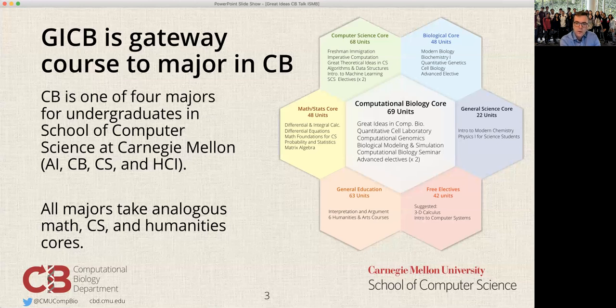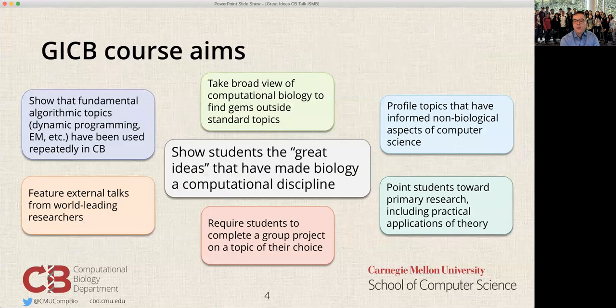So our students, after they take our course, only differ from other majors in the sense of taking additional biological coursework and taking a core of Comp Bio coursework as a replacement for, say, advanced electives in a specific domain of computer science. With this in mind, and knowing that we're pulling from very, very